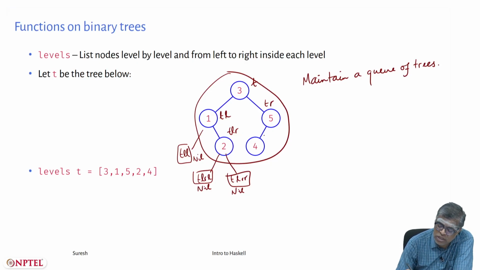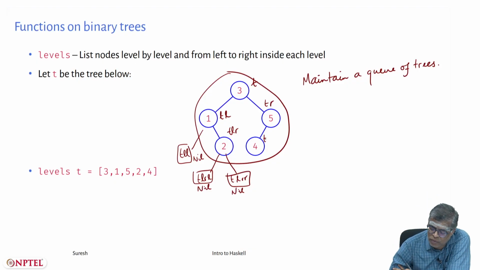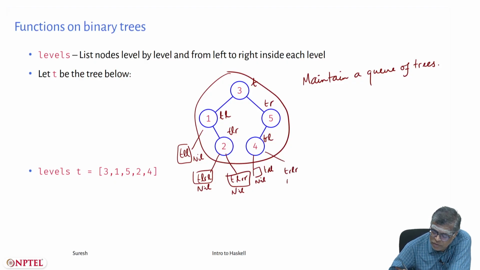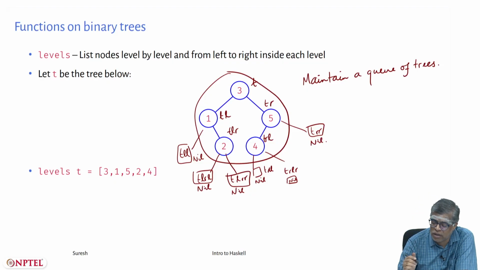There is this, TRL. When I say TRL, I mean the tree whose root is 4. Okay. So, TRL has a left subtree which is just nil, TRLL, and similarly you have TRLR which is also nil, and then you have a TRR which is nil. Okay. These are all the trees here.